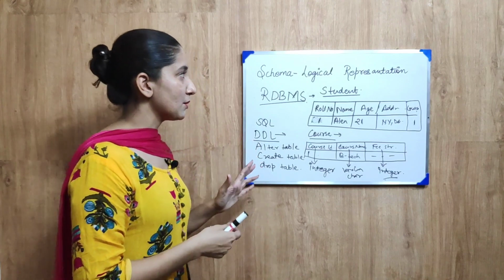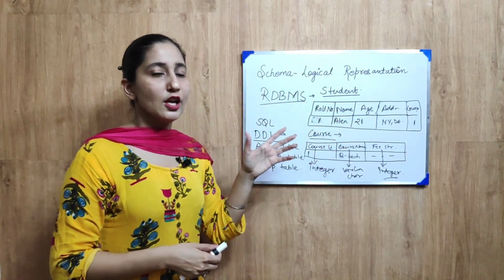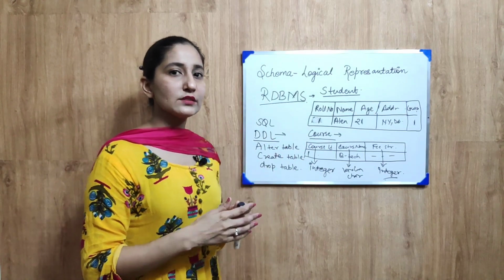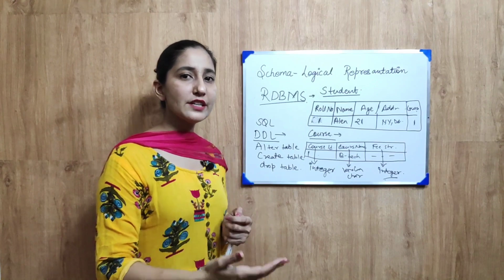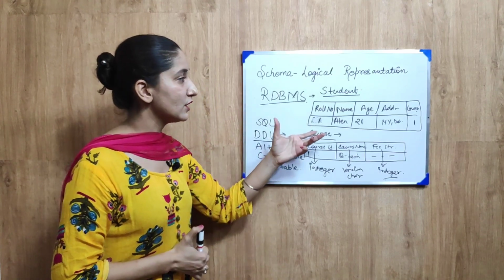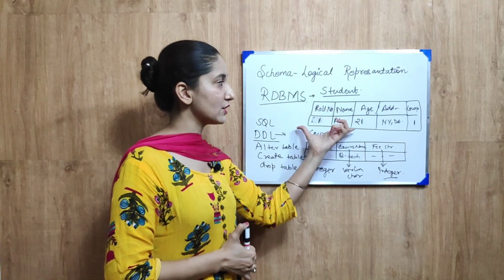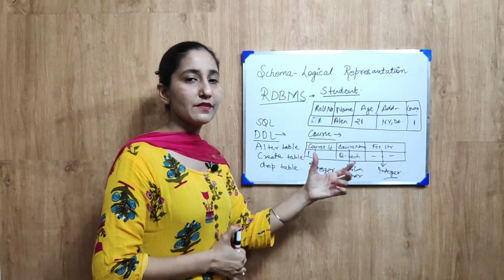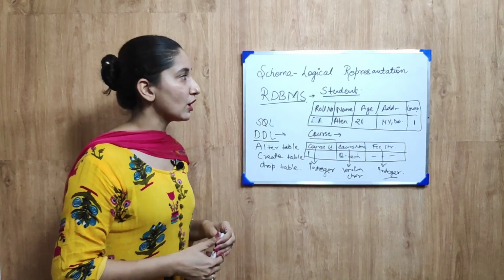So this is all about schema. Schema by definition is the logical representation of a database. When we store the data in the hard drive or hard disk, it has a different physical representation there. But when we talk about the logical, we can create the structure in the form of tables where we can connect these two sets of data, or we can define its structure. So that is all about schema.